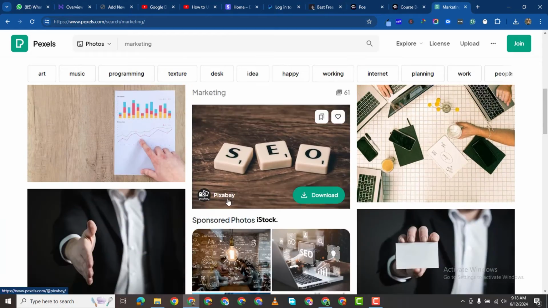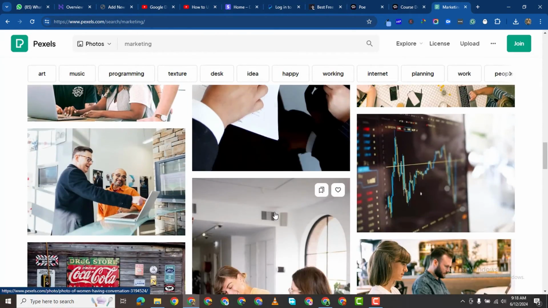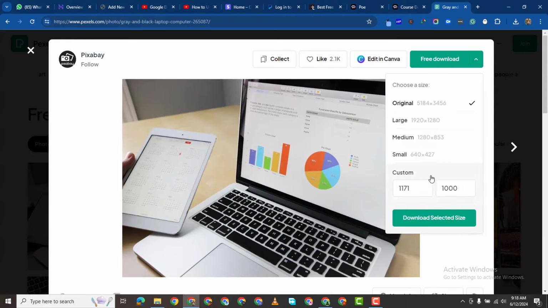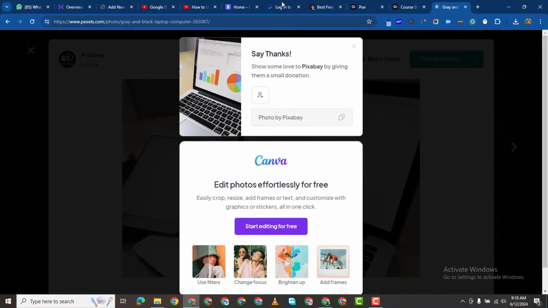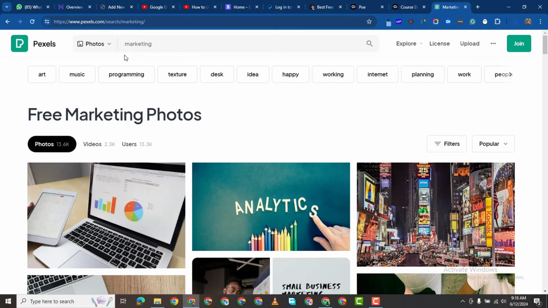You can use any picture which is in landscape marketing. Let's use this first one. Click on it. I want to download it 1920 by 1280p. That's a picture. Now we want to search for a video, marketing video,